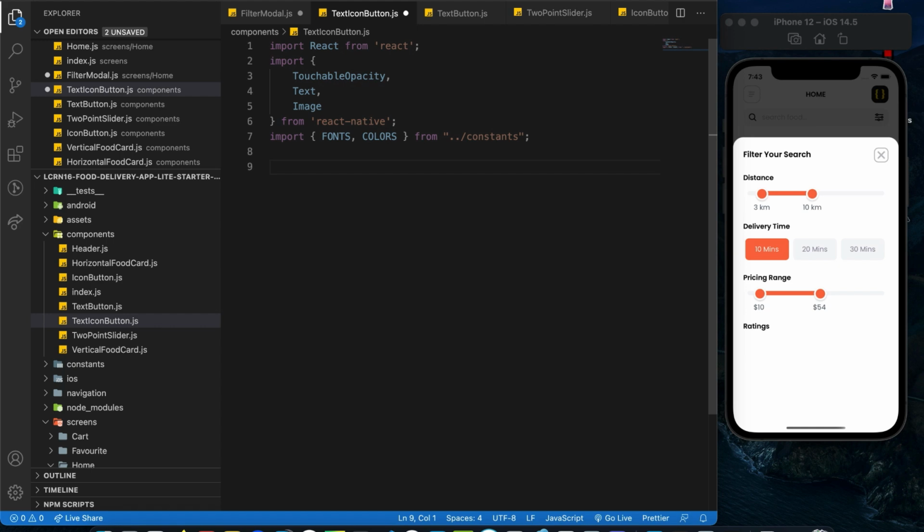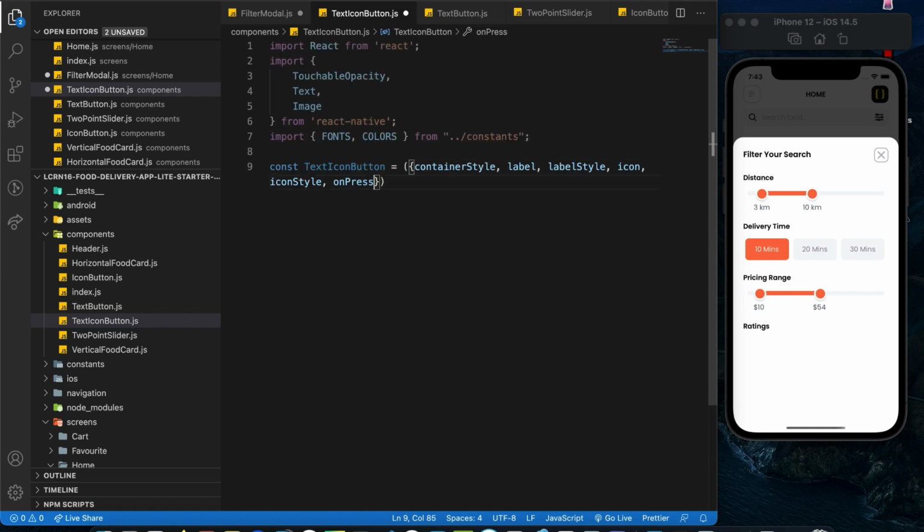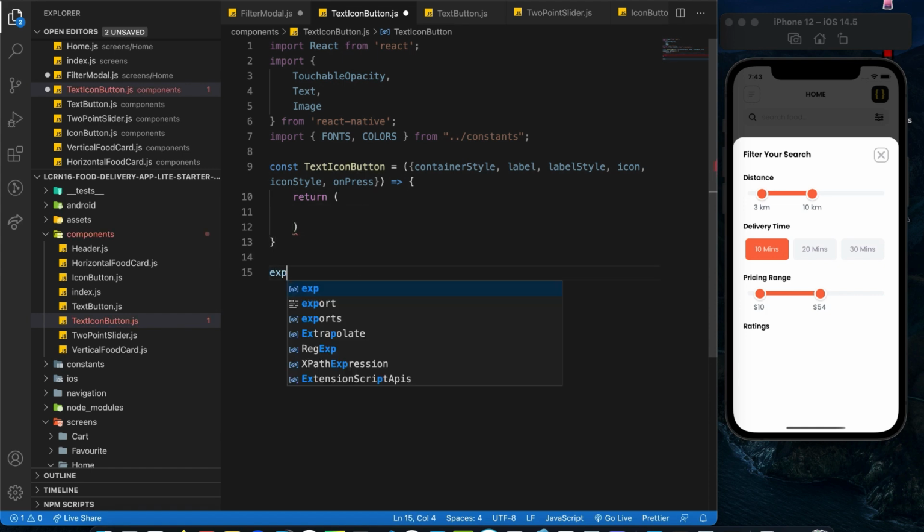Now we can create the TextIconButton functional component. So const TextIconButton. For this component, we will be taking in 6 props, which are containerStyle, label, labelStyle, icon, iconStyle, and onPress. After that, arrow function. Over here, we are going to return something. Don't forget, we need to export default